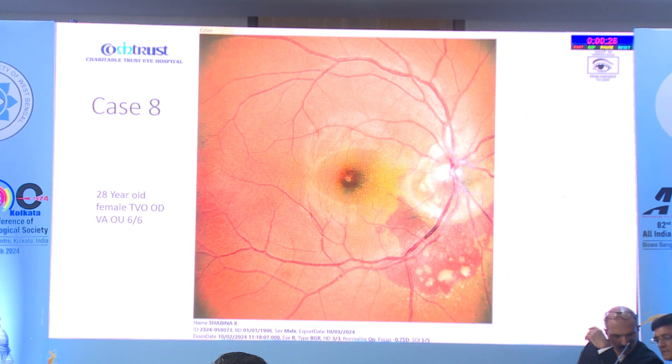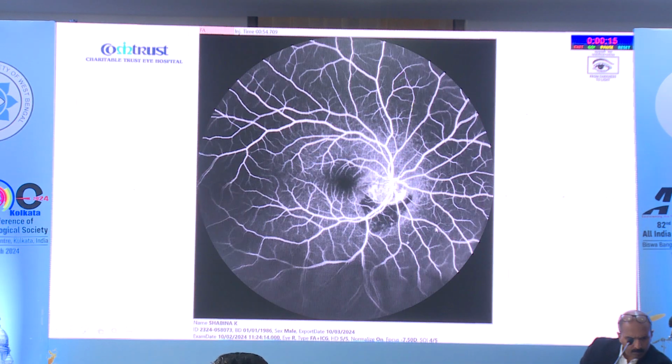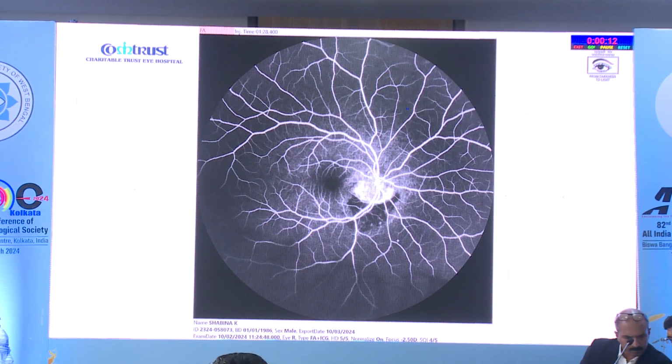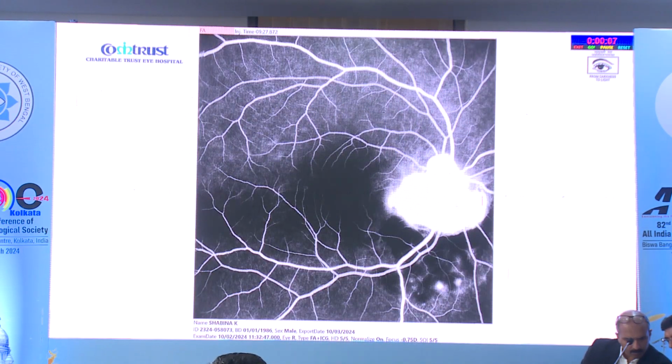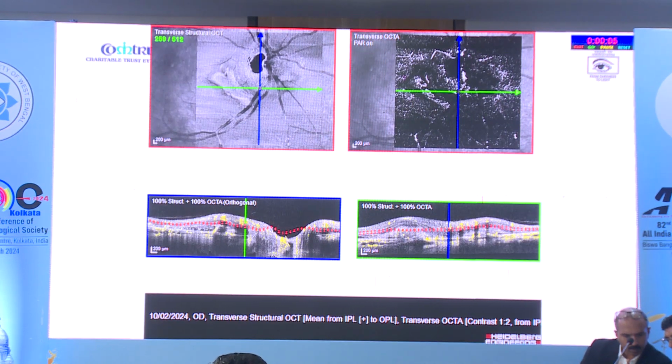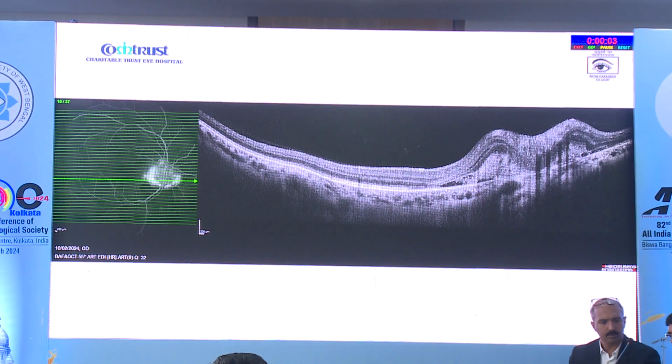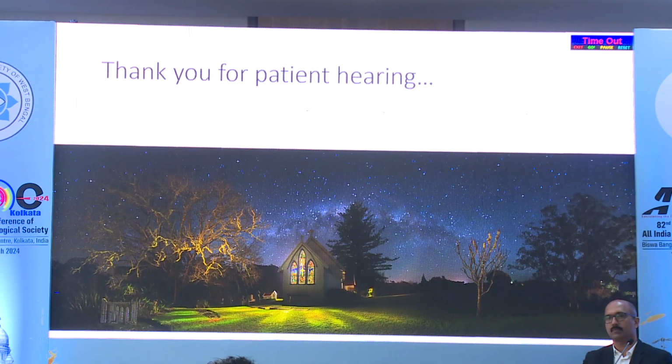So this is case number 8, a 28-year-old female who came with a transient diminution of vision in her right eye. The disc was swollen, and there is a large area of subretinal hemorrhage inferior to the disc. The fluorescein angiography clearly shows a peripapillary CNVM, and the blocked fluorescence due to the hemorrhage. This patient, on evaluation, turned out to have sarcoidosis. She has a peripapillary granuloma with secondary CNVM. So that's all about, I think,